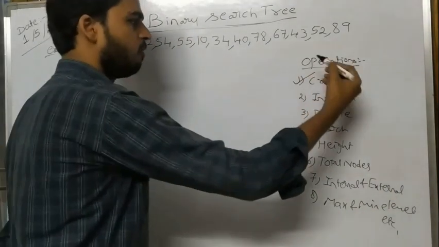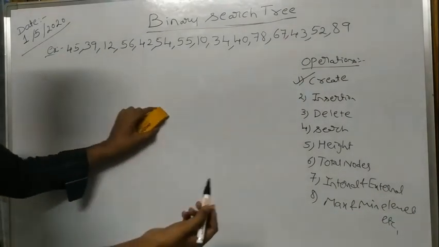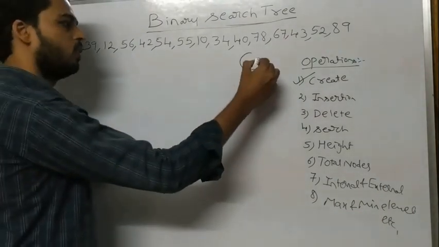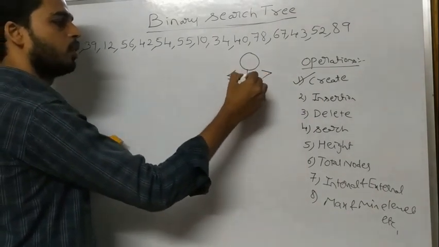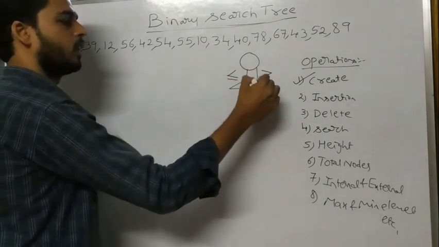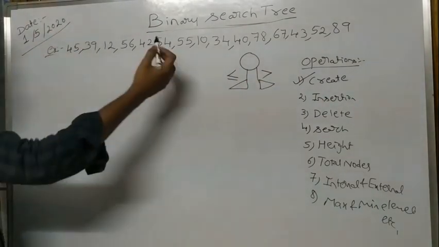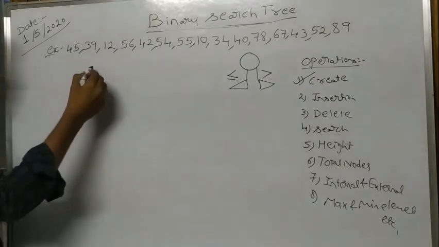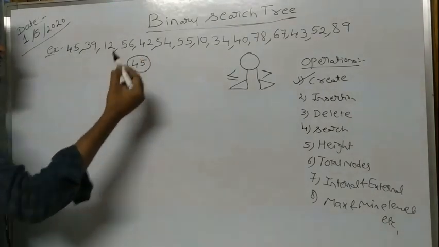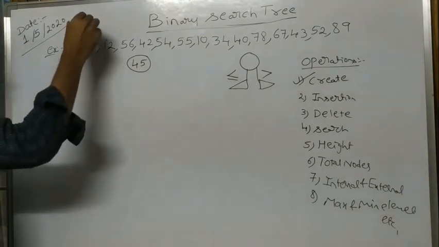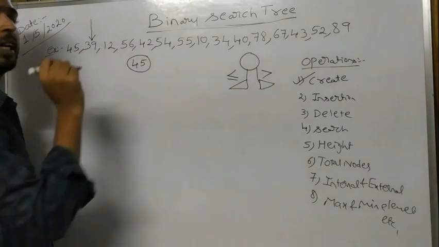Now we'll see one of the operations, how to create a binary search tree. If you want to create a binary search tree, we need to know the logic. A node has to follow the property: less than or equal to property and greater than property, right? First, I will start scanning from left to right. I am going to take the node 45. I will create the node 45. Just listen, concentrate. Next, I got the node 39. Where I need to insert, that depends upon the existing elements.